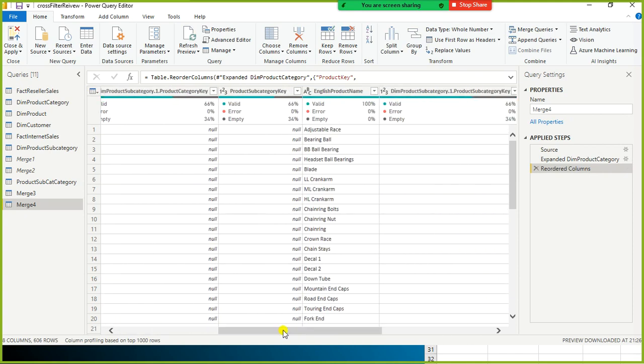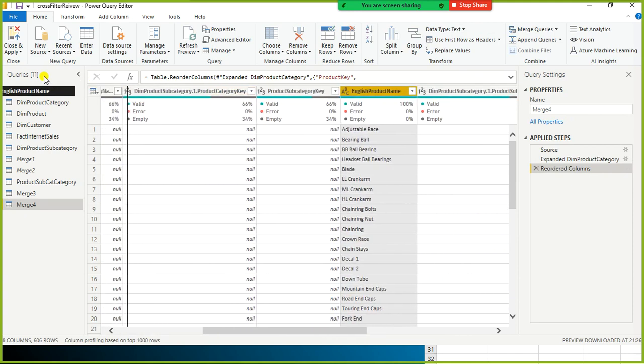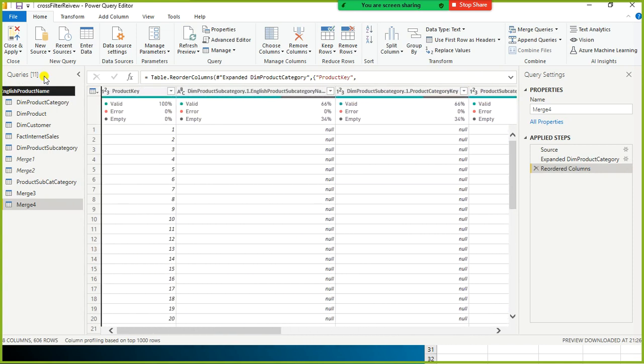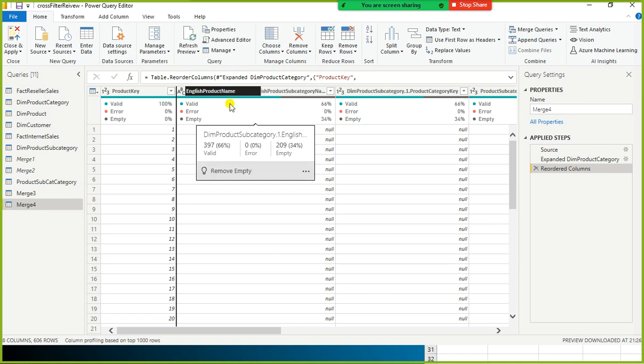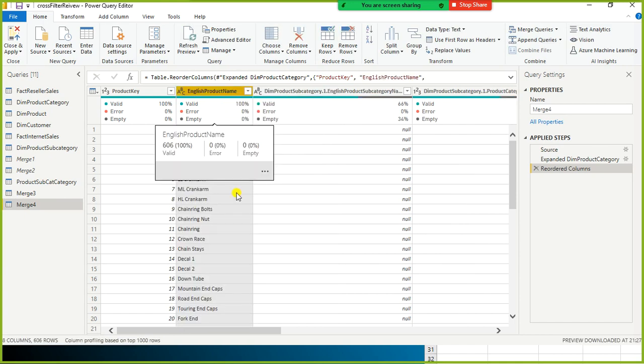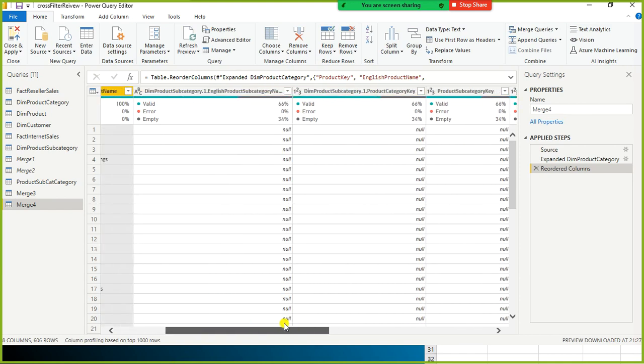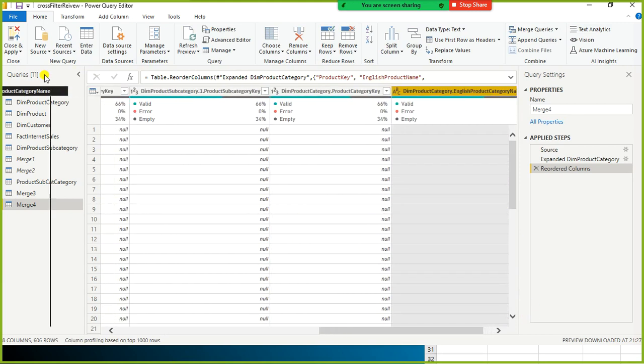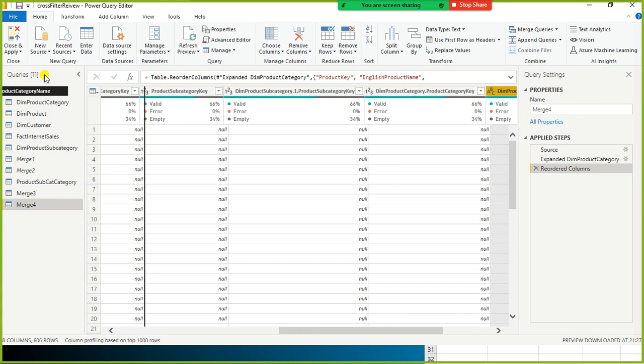Product key there, and the product name I move next to it, and this is my subcategory name. The category key also I don't need. I move the category name next to the subcategory name.